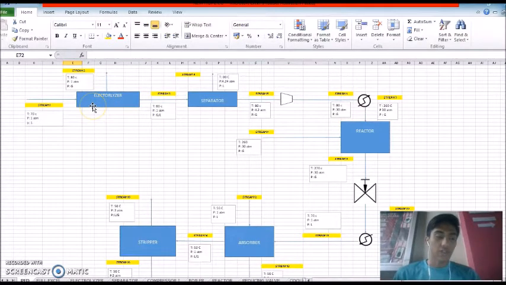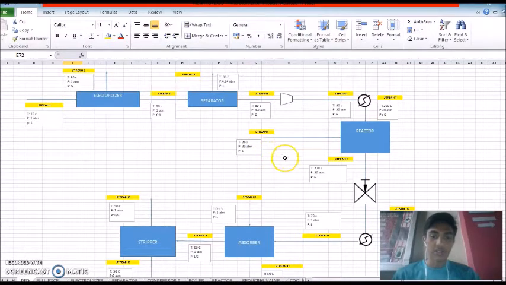First, we have the electrolyzer and then the separator, followed by the compressor to increase the pressure. And then we have the boiler to increase the temperature before the product enters the reactor together with another in stream